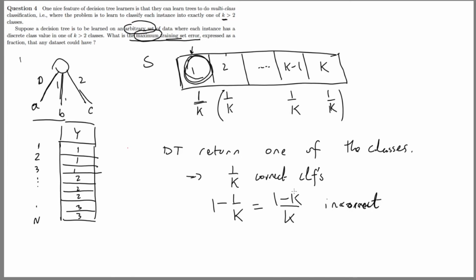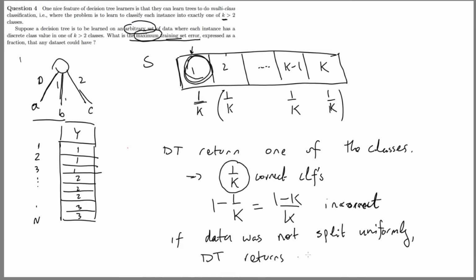So the idea is that this is the best you could do. So the maximum error that you can achieve is 1 minus 1 over k. This is the worst case for the data. If the data was not split uniformly, then if you stuck to this rule where the decision tree returns 1, and let's say it's the majority class,